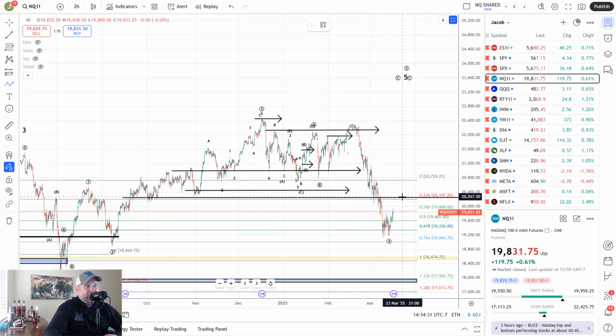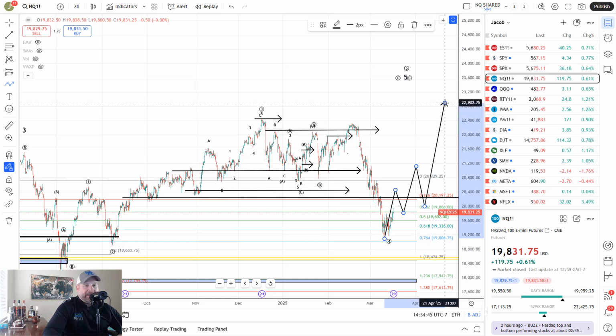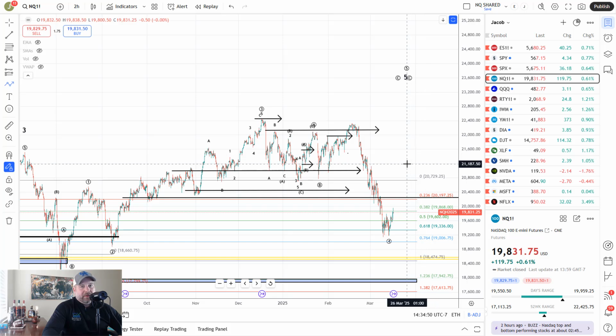I do think the minimum target for this bounce is about the 20,250 to 300 area. And we are looking overall for an ABC up that fails and then comes down, or an ABC that comes up, they hold, and then they continue higher to the highs. Again, the height of that bounce as well as the structure of the pullback will be what tells us what's going on. I do think if they get through 20,700, the bulls, or bears rather, the bears should be on alert